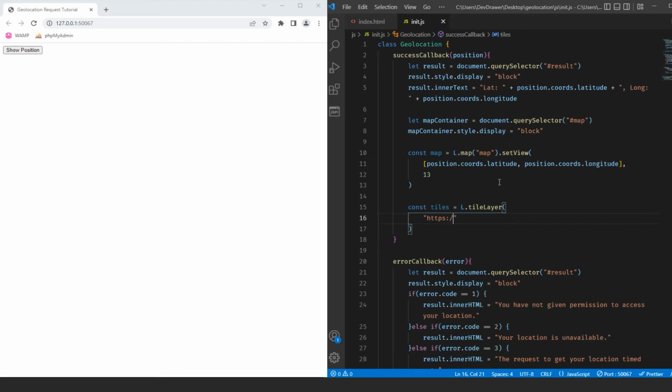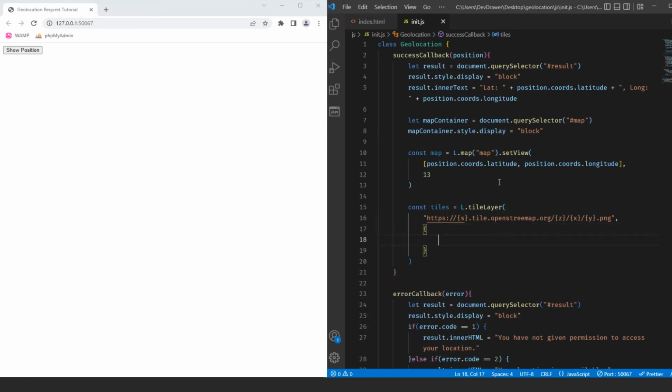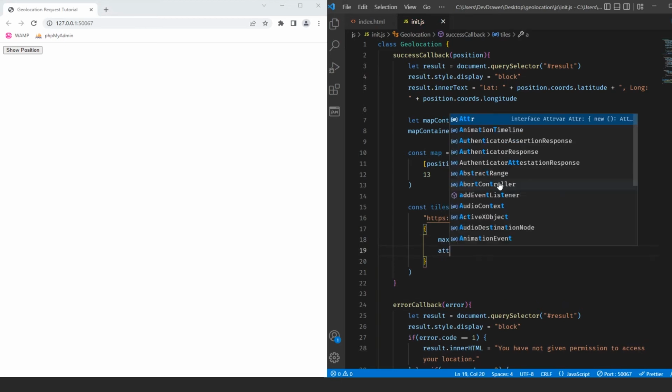So this is going to be https, and then we're going to pass in s.tile.openstreetmap.org/z/x/y.png. Then we're going to do a comma, and we're going to set our max zoom. Let's just say it's going to be set to 19, and then we can add an attribution to it. So I'm just going to add an attribution for OpenStreetMap. So attribution,